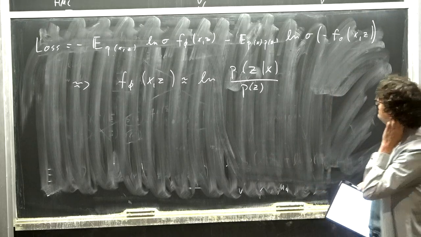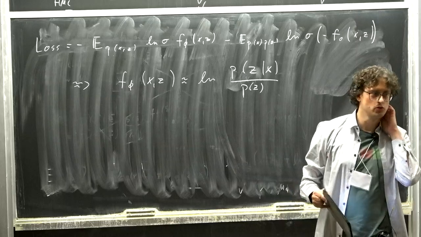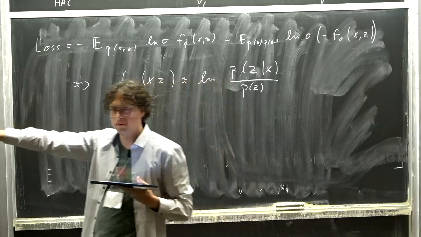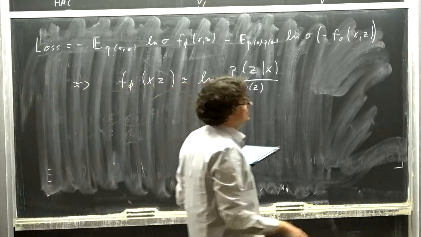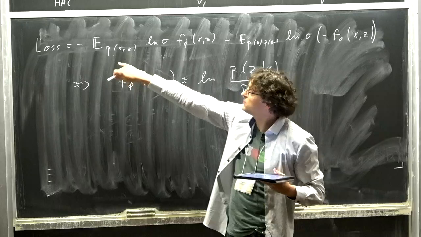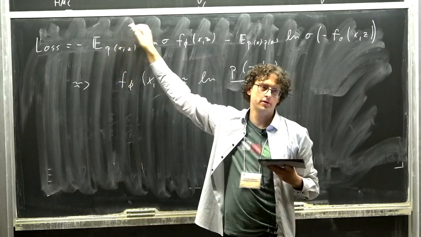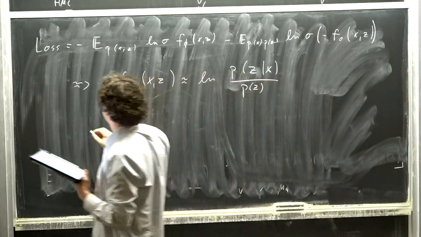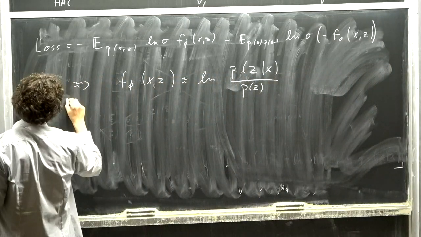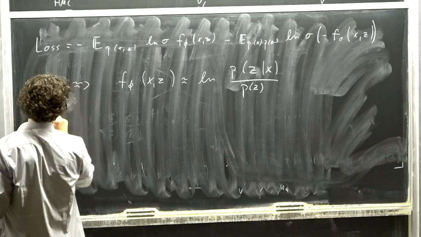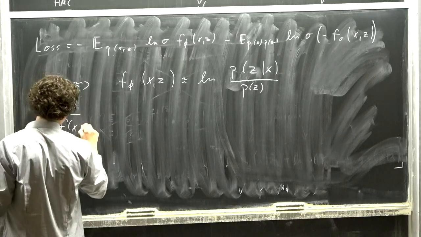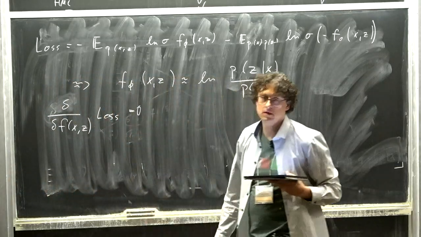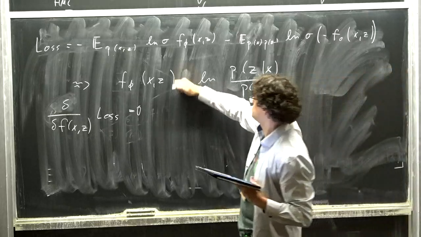And a nice exercise is actually to show this explicitly if you want. First, this falls from the logic of the Bayesian problem that we are solving, but it's also a nice exercise for the end. You can simply replace these expectation values by the integral expressions on that side and that side, and then take a functional derivative with respect to f. And if you set this to 0, then that's the solution.